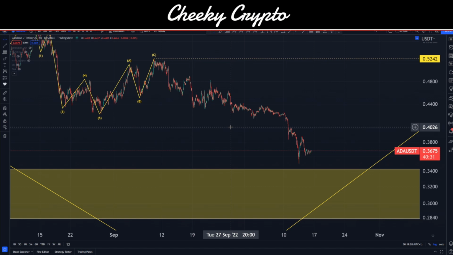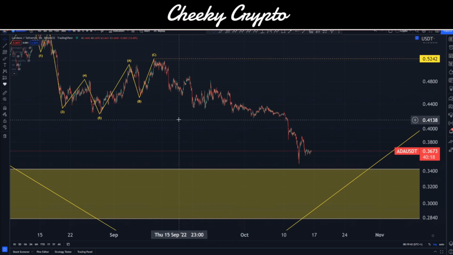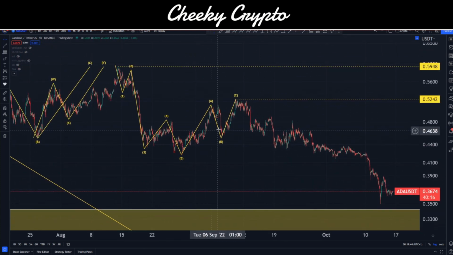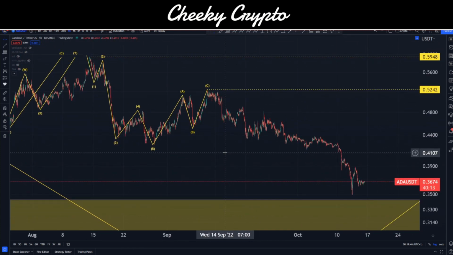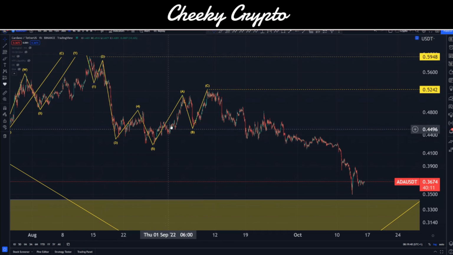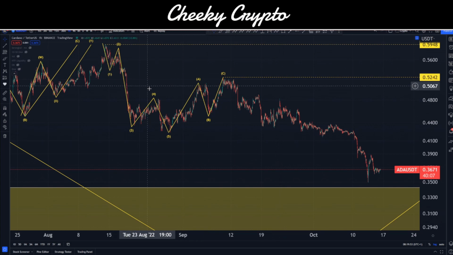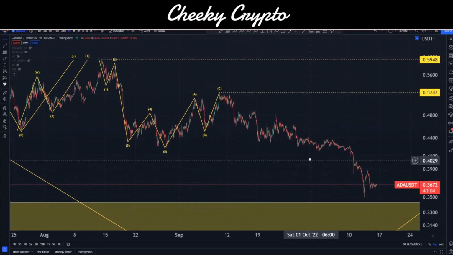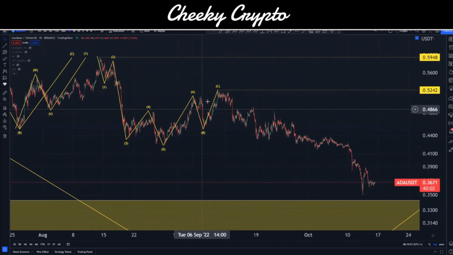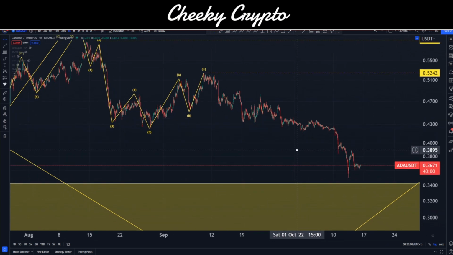So the question for you guys really is, do we think that many of the cryptocurrency assets like Cardano's ADA have still got to have their bear market lows, as it appears that Cardano is not done just yet? So let's go into this, right? What we've got over here is 5 waves down, 3 waves up. As always, when we talk about Elliott wave theory, 5 down, 3 up, 5 down, pretty straightforward. The thing we've got to ask ourselves is, is there something a little bit more going on here? Is this actually going to be 5-3-5-3-5? Those are the things to think about.